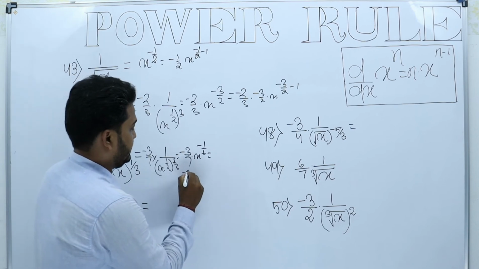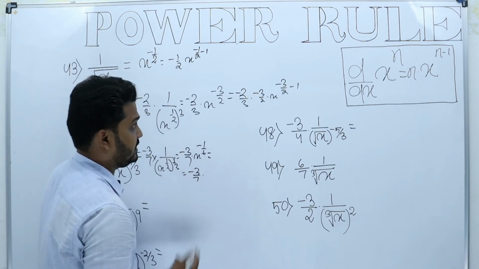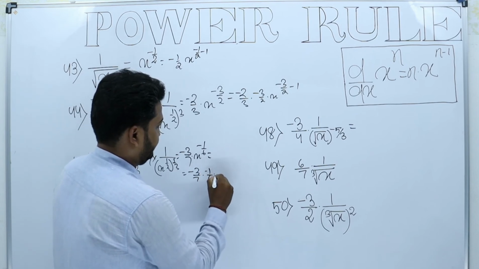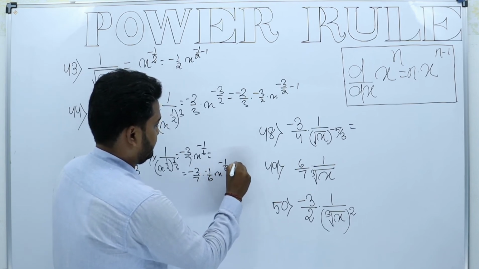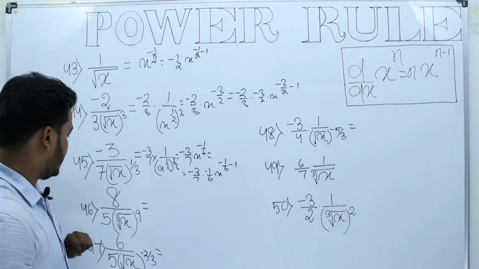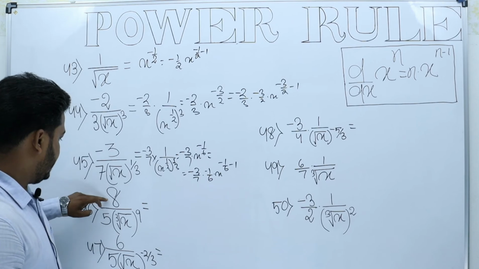So in the next step it will be minus 3 by 7 nx^(n-1). So it is minus 1 by 6 x to the power minus 1 by 6 minus 1, and this can be solved in the next step. Now next it is given 8 by 5